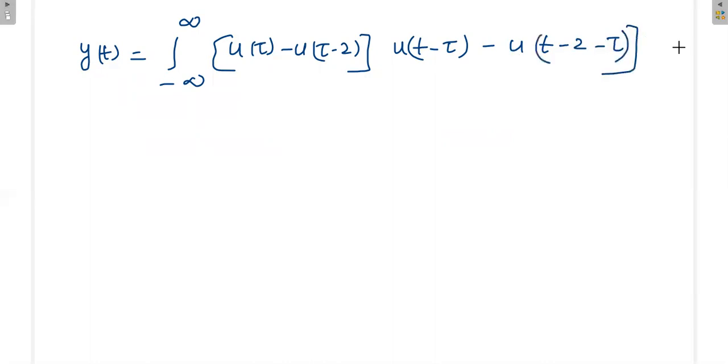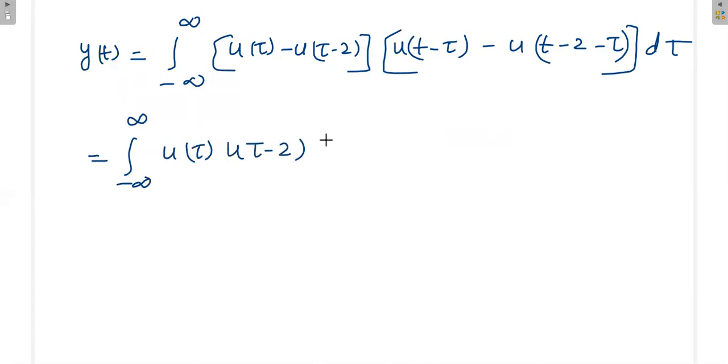d tau. Once you multiply this, you'll be getting four components, which we will write separately. Integral from minus infinity to plus infinity of u of tau u of t minus 2 d tau. Then plus integral from minus infinity to plus infinity of u of tau